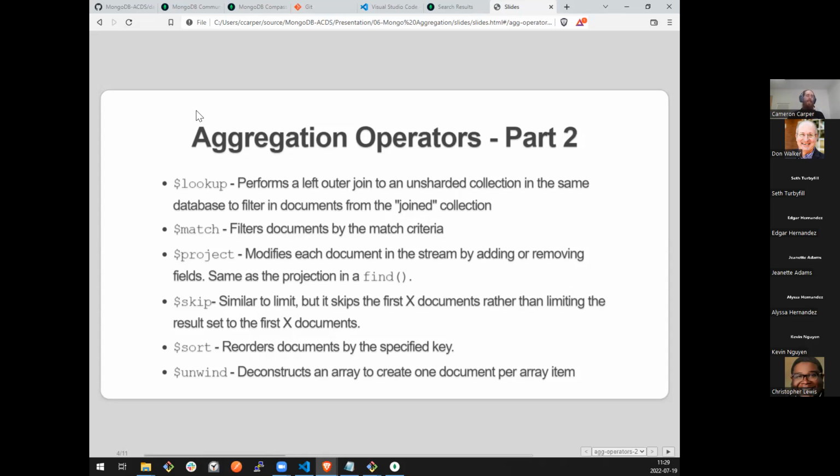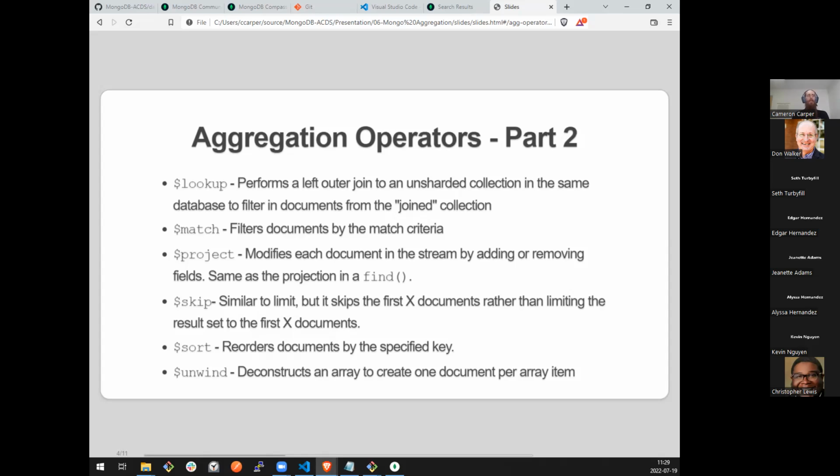And it has to be in the same database, and it has to be in an unsharded collection. We haven't talked about sharding, but it's an efficiency thing when you get really big. I'm hoping to have an example of lookup for the end. I've got a simple one prepared. And match, again, is just our, here's some filter logic, apply it, and only pass through documents that meet those criteria.